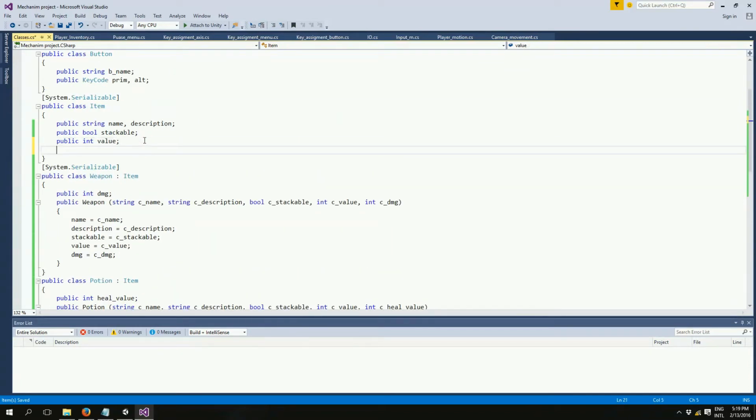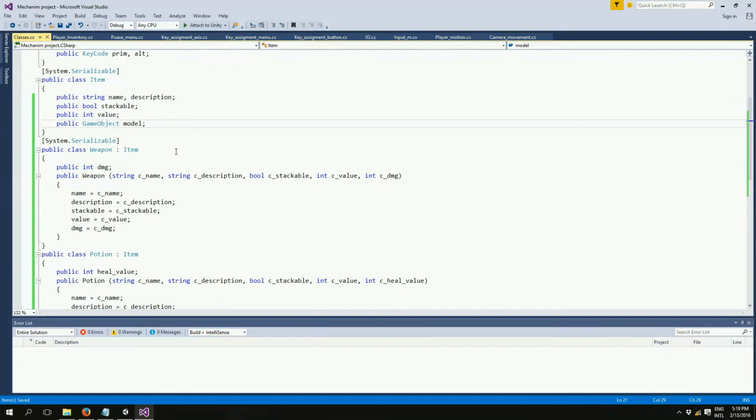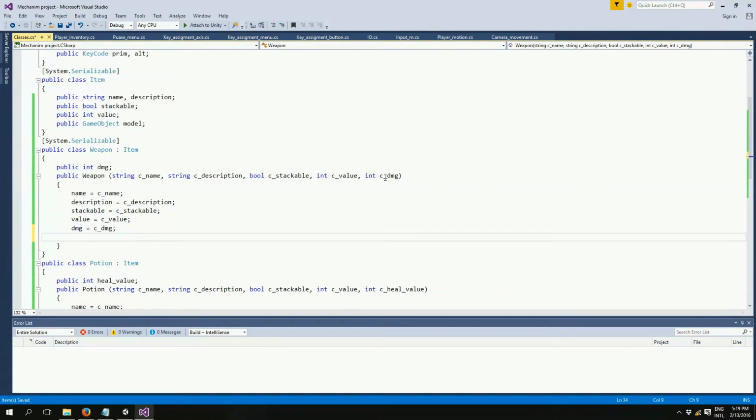So you can add a public game object model, and add it here. You can even pass them in a constructor, so I will do it for now. Game object model C model, and here I will type model equals C model,